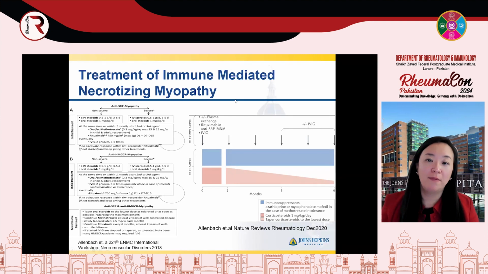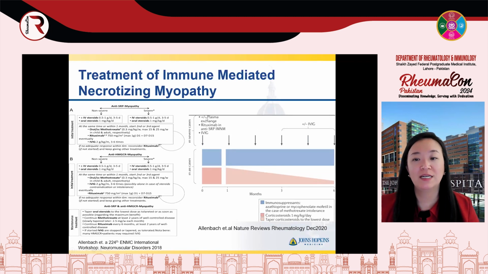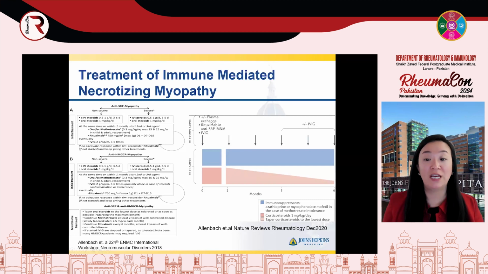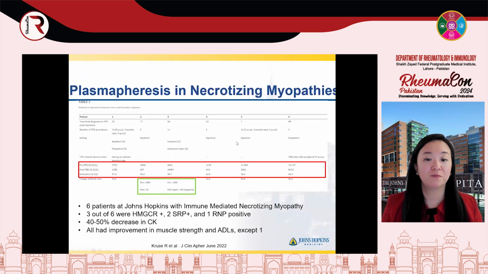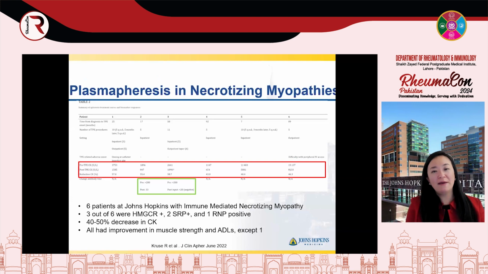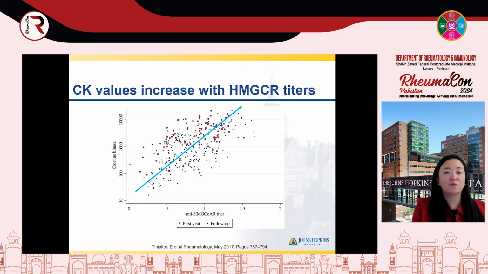Another point about IVIG, another point about immune necrotizing myopathy is that sometimes we also consider plasma exchange in these patients. This is something to consider in someone who is very severe and refractory in their treatment response. So why plasmapheresis? Remember, I was showing you in this slide that patients can have high HMG-CR titers, and